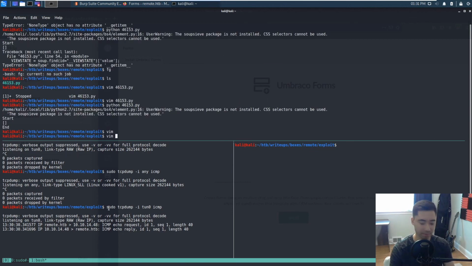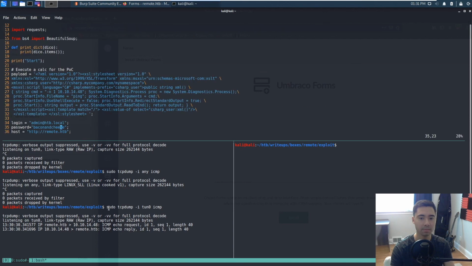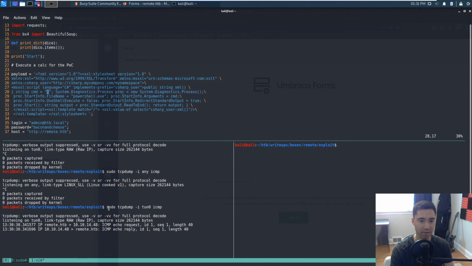So let's edit this. We're gonna provide a command right here. Instead of saying ping, we're gonna say something like powershell.exe, and our command is going to be something different. So I'm just going to put 2 pluses right here because I'm going to append a value. I'm just going to call this PowerShell args. So PowerShell args is,